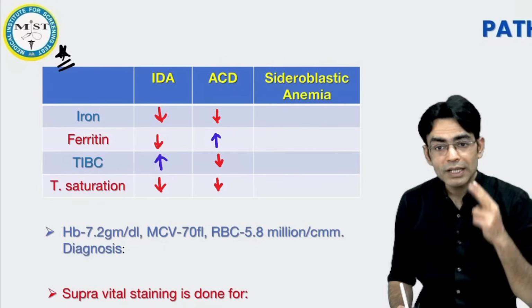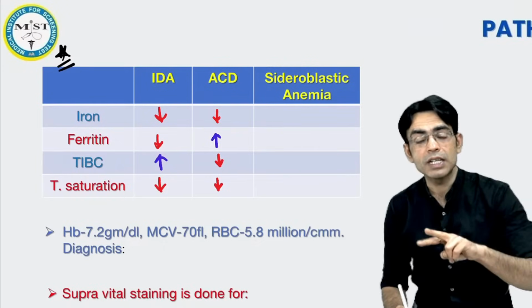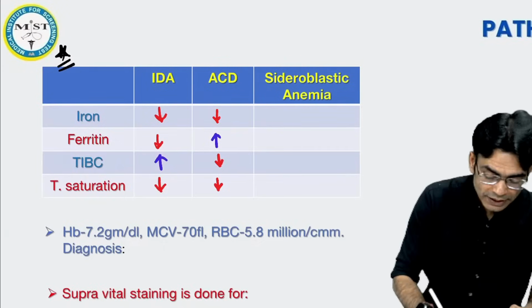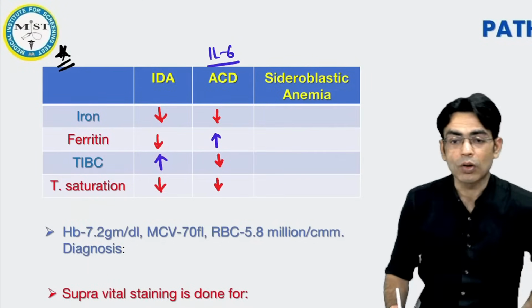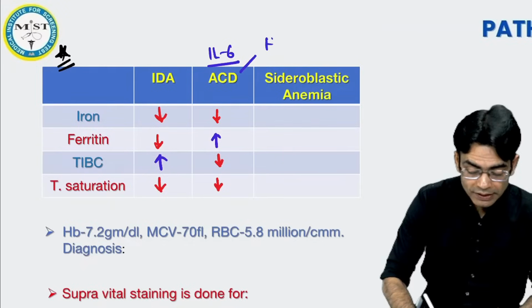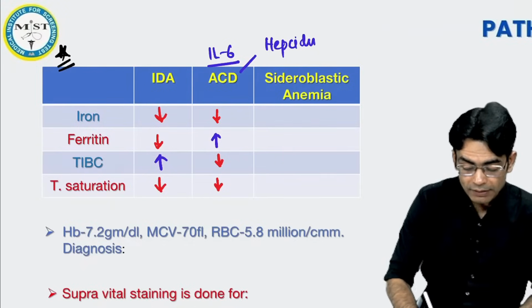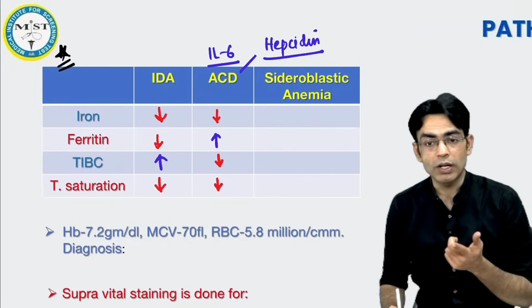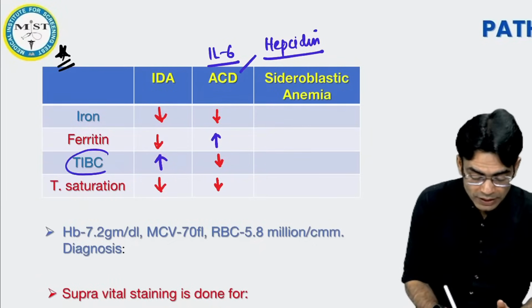So generally the question which comes over iron deficiency anemia or anemia of chronic disease, एक तो बेटा यही है interleukin, तो interleukin 6 is important. ठीक है? What is liver secreting in anemia of chronic disease? Hepcidin. ये आपने अभी लिखा है ना? To block the ferroportin. And generally the question comes on TIBC.